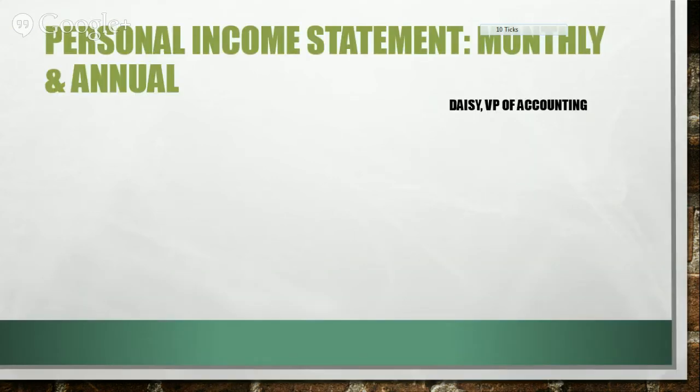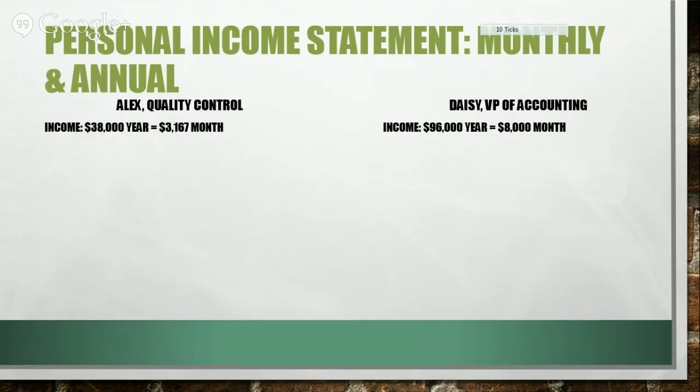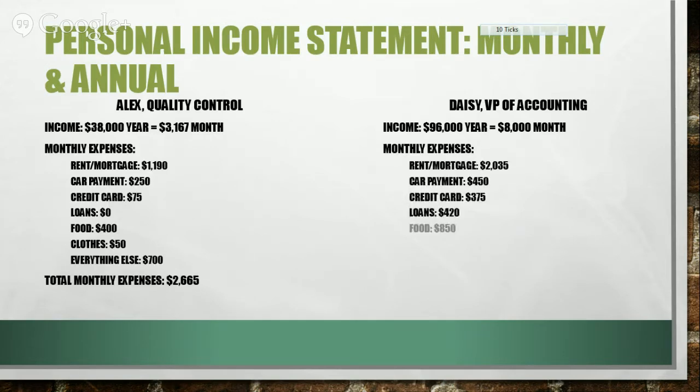So that's really what a budget is, and I'm going to bring back an example from lesson 1. If you guys remember, I compared two people, Alex, who does quality control, and Daisy, who is the VP of accounting. I'm bringing back this example because I believe it's one of the examples that got to a lot of people. And a lot of this goes back to budgeting. We might be doing a budget, we might not, but the more detailed we do our budget, the better. The reason I can show you this example, the same one from lesson 1, is because